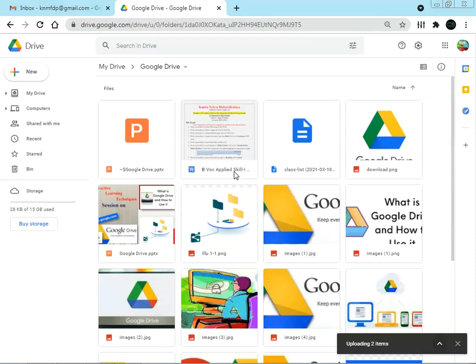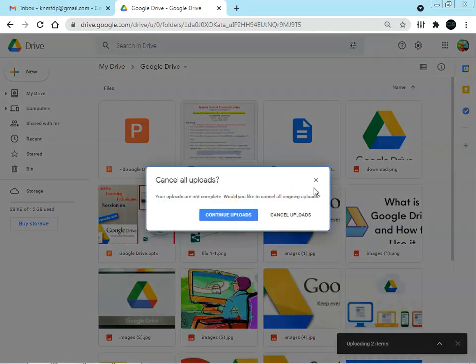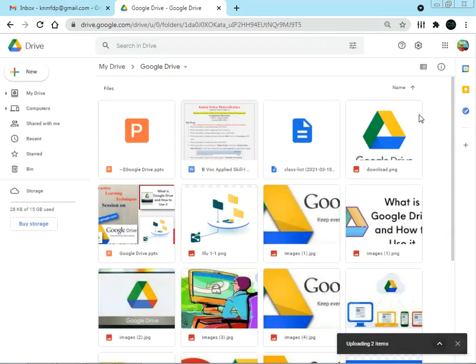Once you upload your files in Google Drive, if you are not using a particular file for 6 months, that file will be automatically moved to the trash or the bin, and after 6 months that file will be deleted or removed from the drive also. So if you are using Google Drive, please use your files, or please check whether your files are available or not. If they are not available, the files will have been moved to the trash or the bin. By default, this is the policy governed by Google Drive itself.